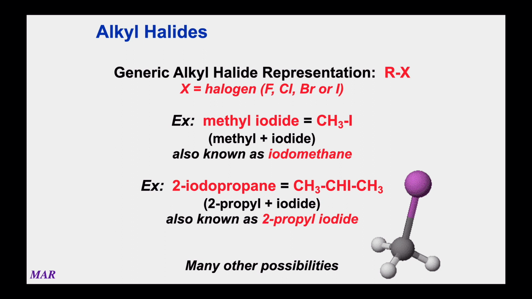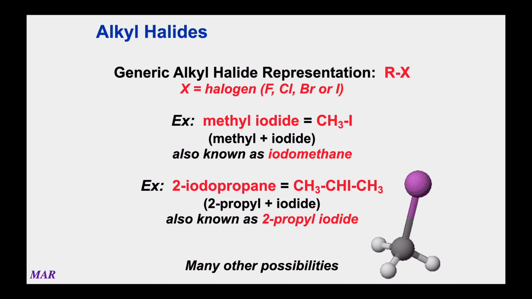Sometimes, though, you'll also see this compound listed as iodomethane, and this is another thing we're going to see in this section. So CH4 is methane, and if you put an iodine on the end, it would be iodomethane. So methyl iodide and iodomethane refer to the same thing, and on a quiz or exam, you have 2 possibilities to win. Woohoo! You could call that methyl iodide or iodomethane, and I would be totally happy.